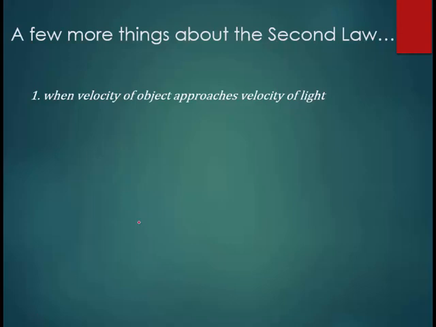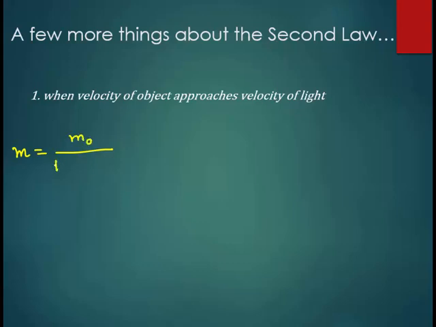Let us look at a few more aspects of the second law of motion. So firstly, we'll begin by looking at an object whose velocity is approaching the velocity of light. Now, the mass of an object, m, is given by